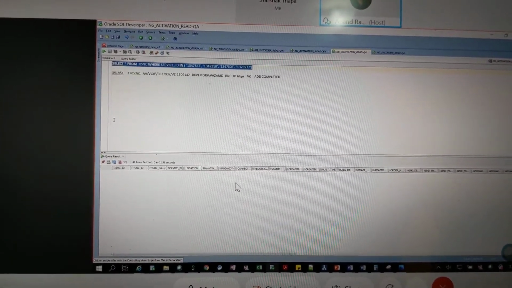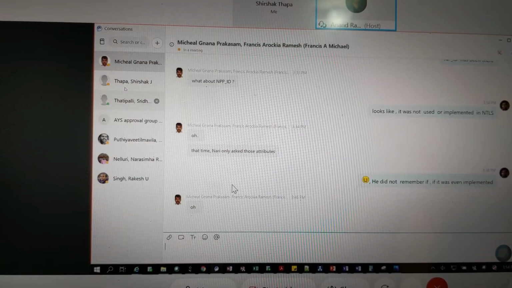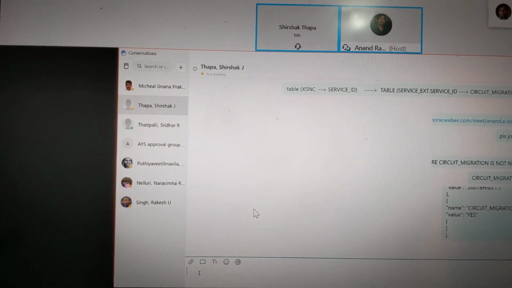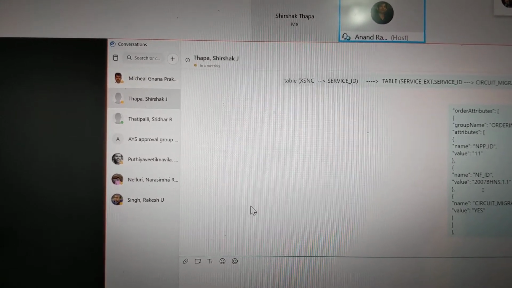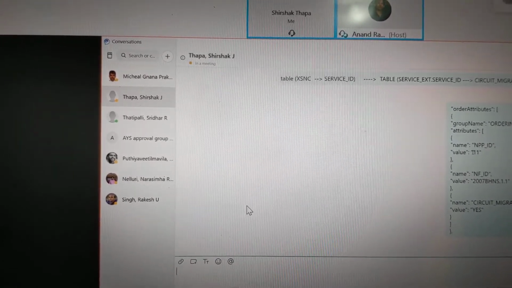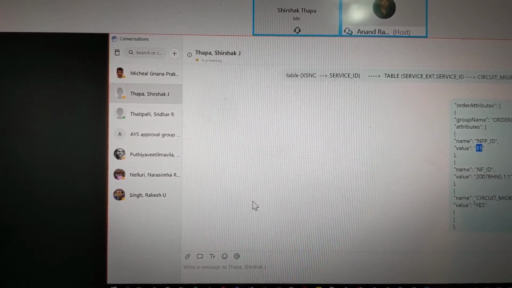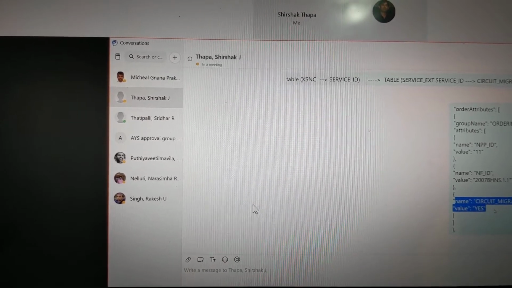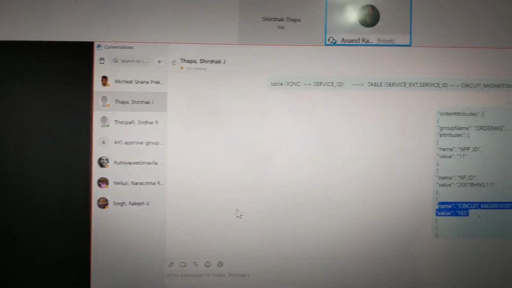So whoever helps you, when you flow an order, you need to ensure that these are the order attributes that are set. Don't worry about the value, right? These are the three different attributes. So this is the main attribute that we are interested in, right? Yeah, correct. So make sure that you set that when you flow an order. Sure, I'll do that.